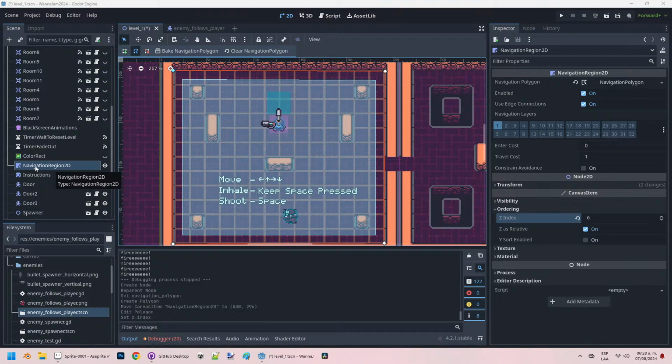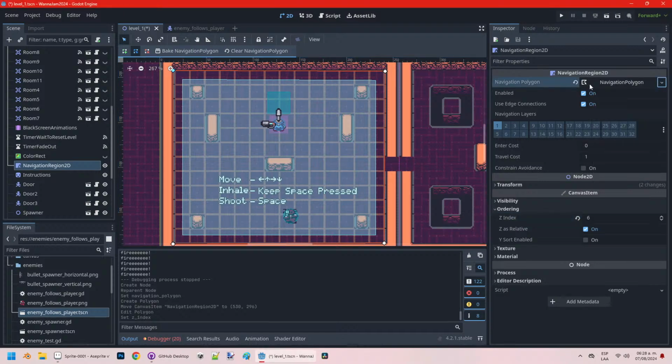Next, we need to tell our navigation region what are obstacles. Let's expand the navigation polygon. By default, the navigation region will only look for static colliders inside its own children,